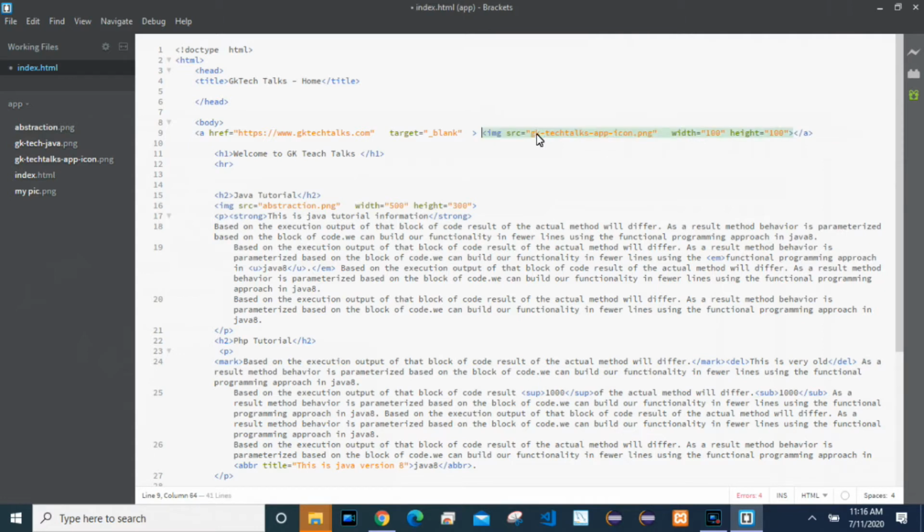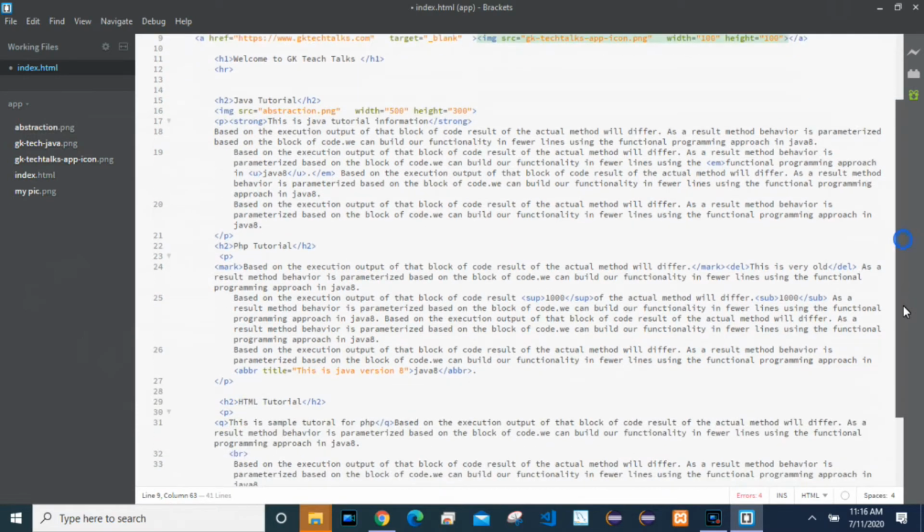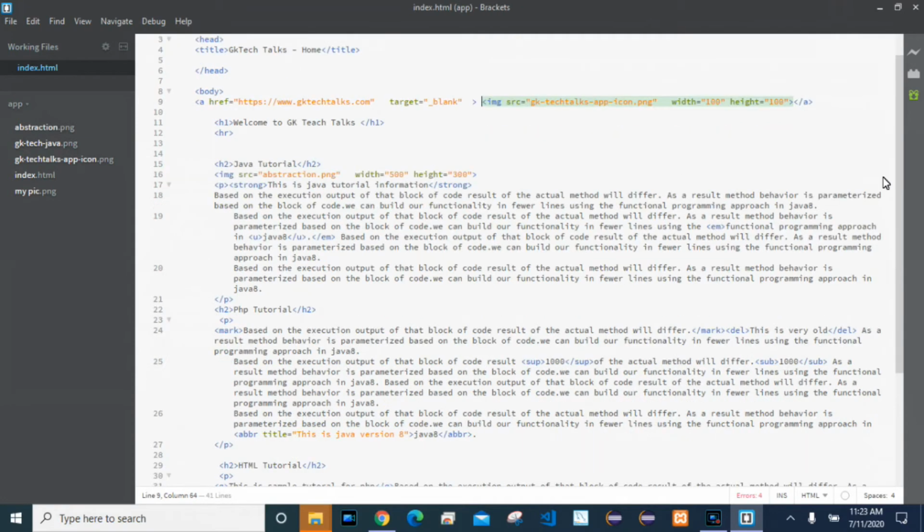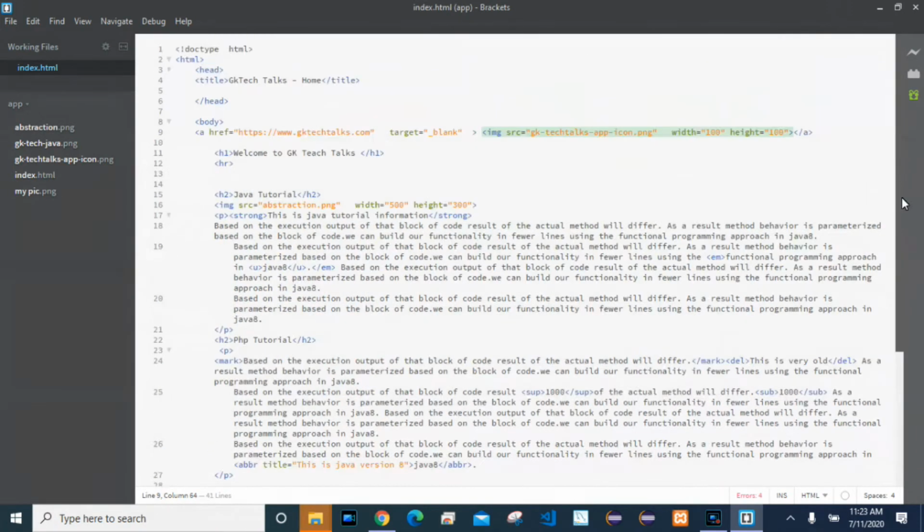Now how will we move from one portion to another portion? Here I have different tutorials, right? So I will give a few links on top. Now we will see how to move within the page. We have different parts of the page, right? So if you want to move from one tutorial to another tutorial, how can we move using links.